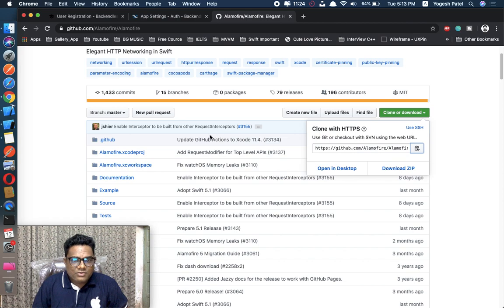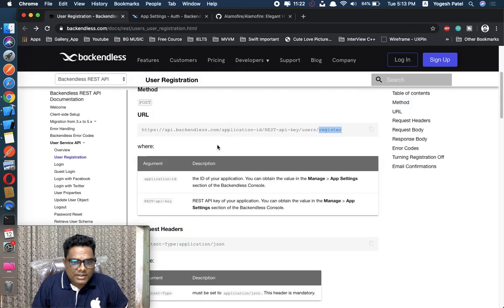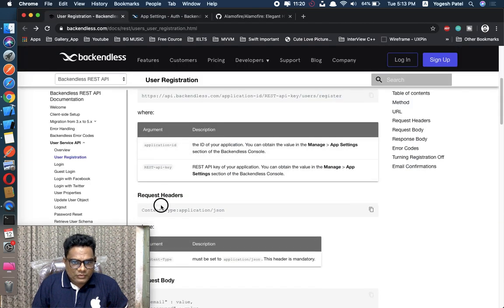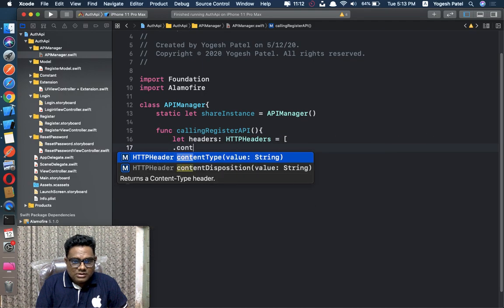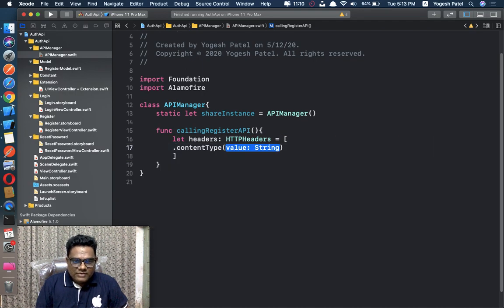Which header do we have to apply here? Content-Type. You can see here it's Content-Type, okay? So .contentType, the value is application/json. So our header is done.